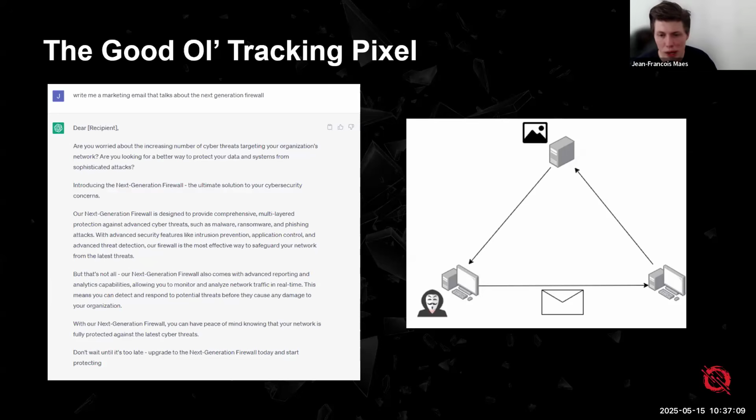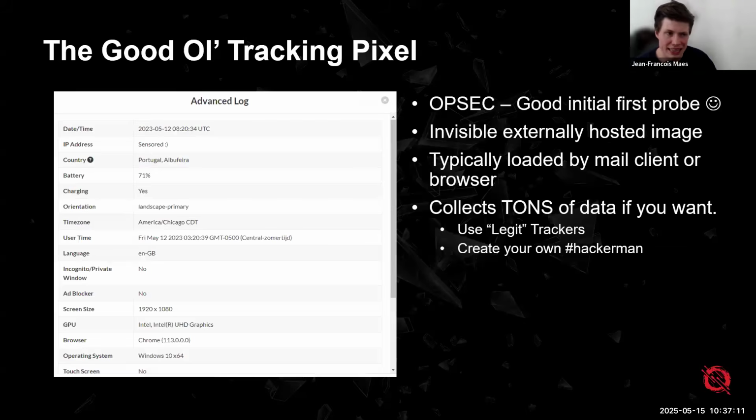And there's actually some quite interesting things that we can get if we take a look at a tracking pixel. We get, of course, the date and time, right?